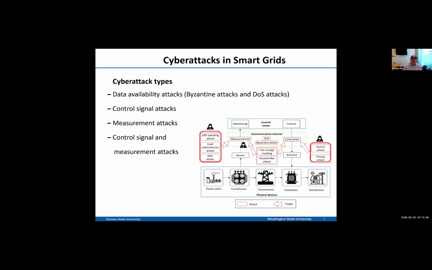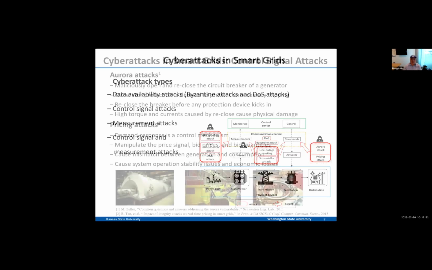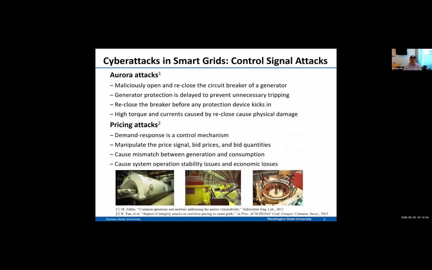So this is an illustration of the different attacks based on our categorization here. Next, I want to introduce some specific attacks. The first one, as mentioned before, is control signal attack. The first control signal attack is the Aurora attack. The attack, introduced by Idaho National Lab, is where the attacker maliciously